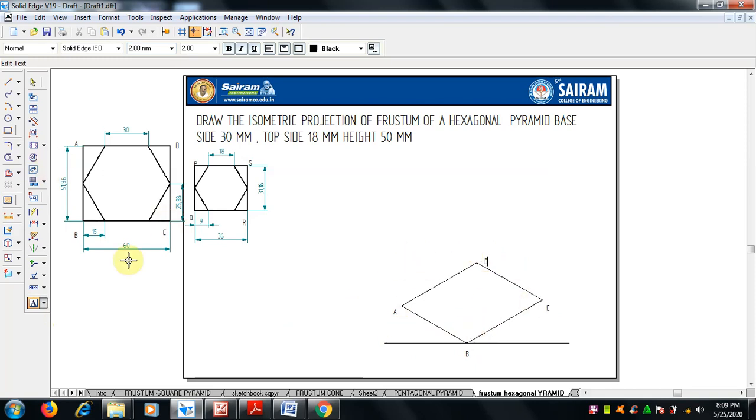Now the bottom we have done with this. Next from B to here, now we have to draw the hexagon here. What is given is this distance is 15. Okay, this distance is 15, this is 30, and again it is 15 here. So first draw this one, 15, this is also 15, this is also 15.